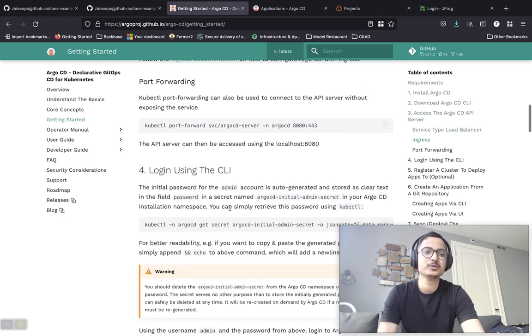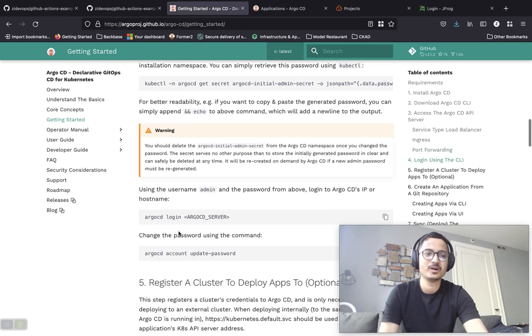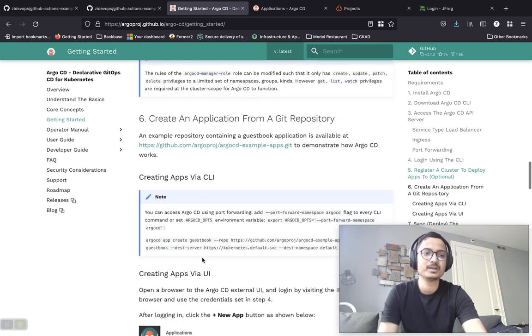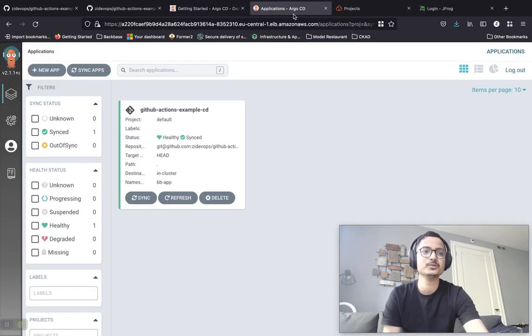And then all you have to do is create a new admin user. You got to log in, update the admin user's password, and then you can open up Argo CD from the browser by just using your service endpoint, which is the load balancer's DNS name. And once you open it up, you will land on the home page of Argo CD, where we don't have any applications configured as of now. But you can see on my screen, I have one application configured.